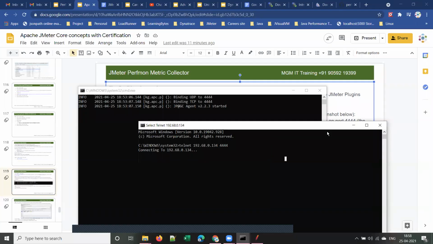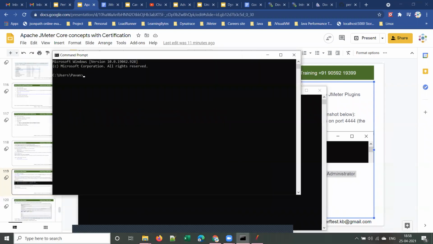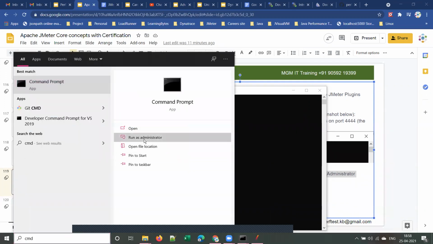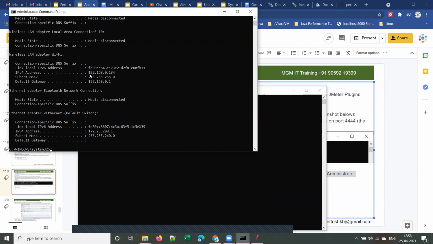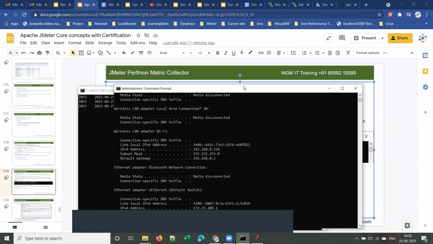Sorry, there is a typo in the IP address. Okay, so let me quickly get the IP address. I'll directly start the admin command prompt. Select the IP address, just select it and click enter to copy it.